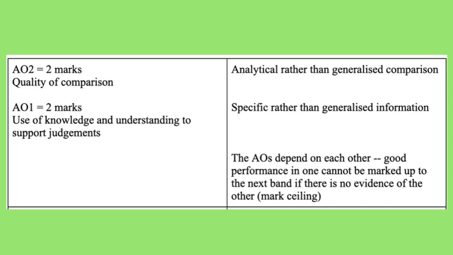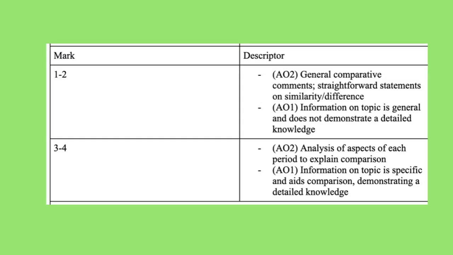And as we say, the AOs depend on each other, so bringing in evidence of your own knowledge to support your analysis is really key to scoring highly on this question. Here are the bands for this question, which again are explained in more detail in the overview video. But generally speaking, to score highly on this question, your comparison needs to be analytical, so you've explained your thinking clearly, and it needs to draw on evidence from your own knowledge to show that you've got really detailed knowledge